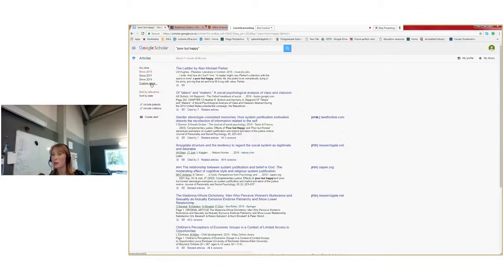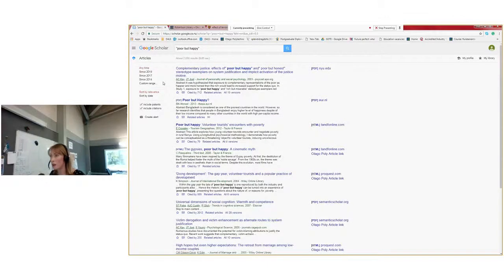Okay, I've got the custom range, anytime. Okay, so this is one of my articles. Sorry, I hope that's not too narcissistic, but I was just looking for an example. When I first searched, it didn't come up with this. You can actually read it as HTML online. But this journal here, Tourism Geographies, is a journal that you can't access on the Robertson Library.